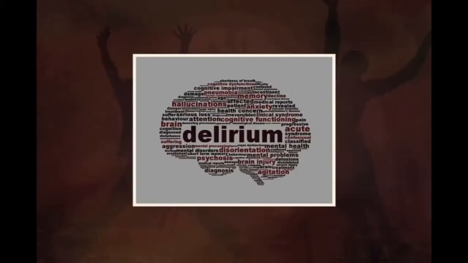What is delirium? The Diagnostic and Statistical Manual of Mental Disorders, that is the DSM-4-TR, the text revision, defines delirium as a disturbance of consciousness which is accompanied by a change in cognition that cannot be better accounted for by a pre-existing or evolving dementia. Delirium develops over a short period of time. It can be hours to days and fluctuates throughout the course of the day. It is characterized by a reduction in clarity of awareness, inability to focus, distractibility, and change in cognition.